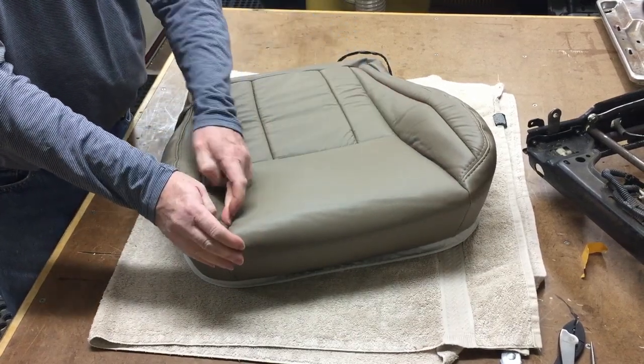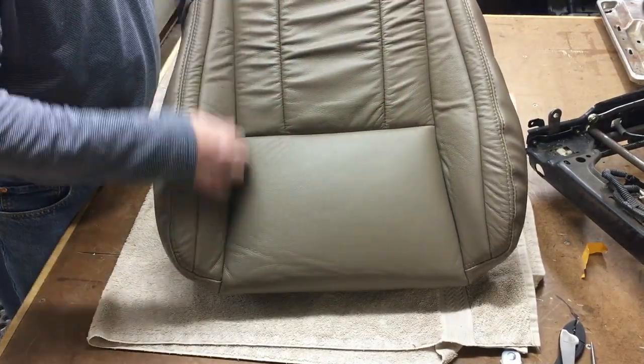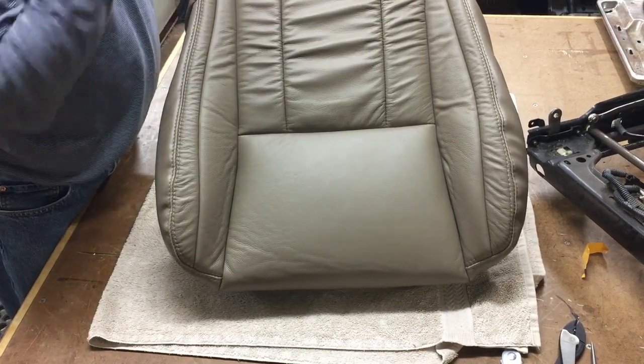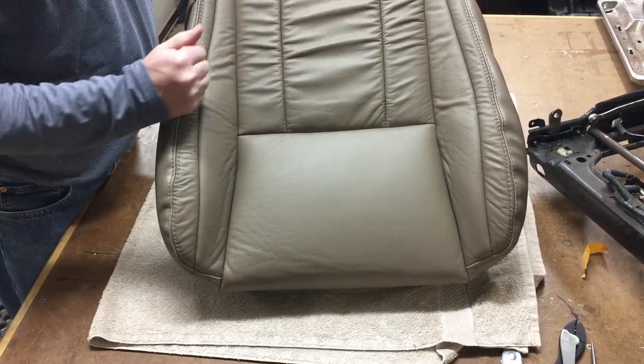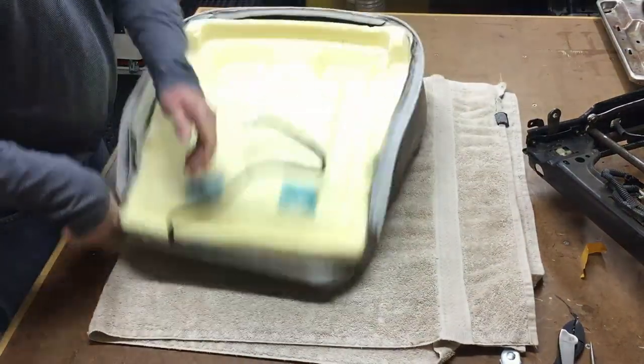This is why it's really important: these give you that nice definition in your seat. There just seems like there's always a little bit of wrinklage in the seat bottom. Usually most of it will go away once we stretch this guy in here. So now